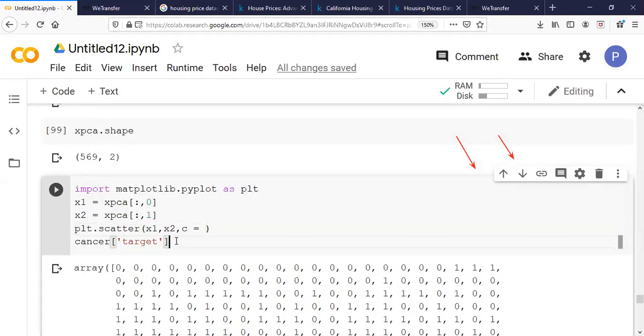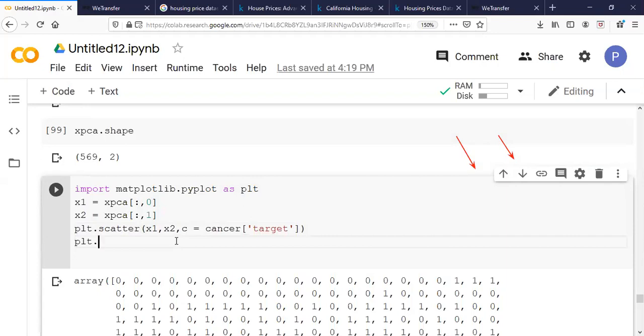So all the values, like if the target is 0, will be plotted in a particular color. All the features with target 0 will be plotted in one color, and all the features with target 1 will be plotted in another color. Okay, thereafter